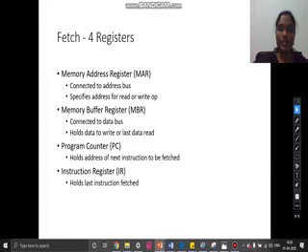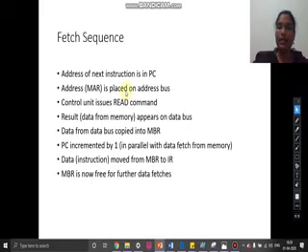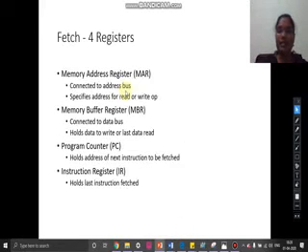In the fetch cycle, we are going to use four registers: the memory address register, memory buffer register, program counter, and the instruction register. The memory address register is connected to the address bus, and it specifies the address for a reading or writing operation.